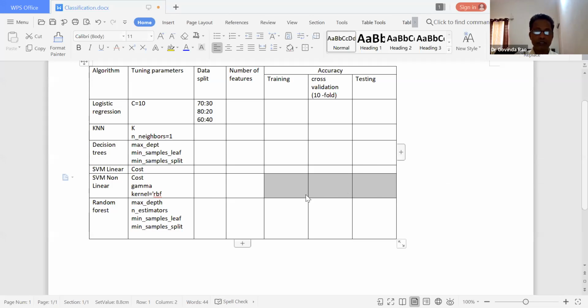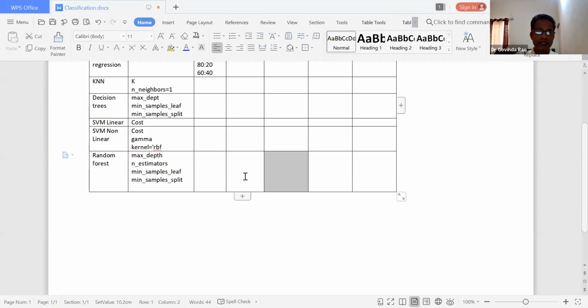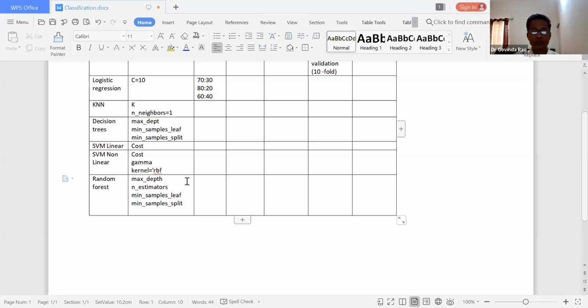Okay. So finally, in random forest algorithm or ensemble algorithm, we could come up with some of the best hyperparameters like depth parameters, n estimators, minimum sample leaf, and minimum sample split.